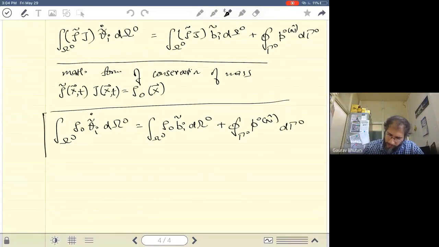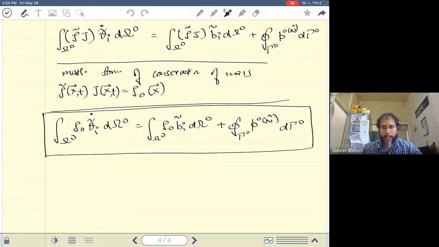Right? So I will highlight this equation because this equation will help us derive the material form of the linear momentum equation. It's some way midway to getting the final material form of the linear momentum equation. Now, before we finally derive the linear momentum equation, let's see a couple of properties of P naught. I'll call this properties of P naught.